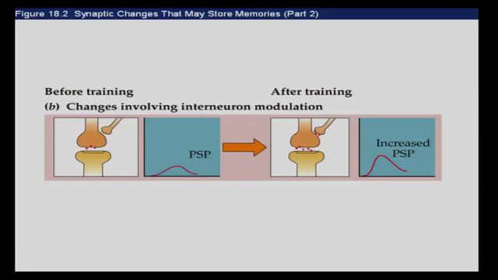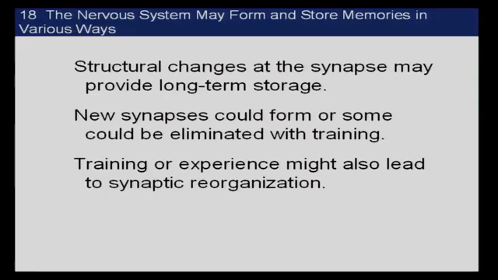So 2 different ways you can get that. Now, in addition to these differences in pre- and postsynaptic activity at the synapse, you could also have larger structural changes. Okay, what do I mean by structural changes? New synapses could actually form as a result of learning. Okay, and or something could be eliminated as a result of learning,